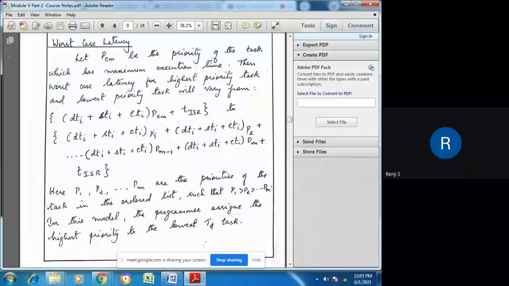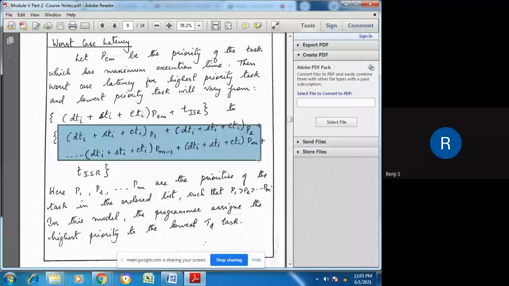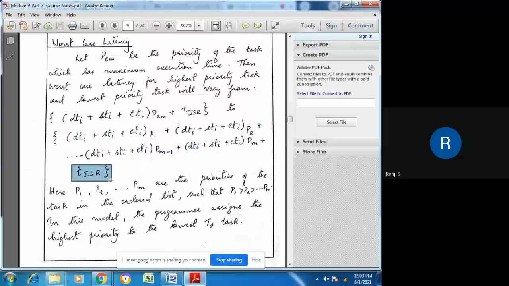This shows the priority of task 1, then the priority of task 2, etc., priority of task M minus 1, up to task M. So there are M tasks in the list. The total time of all the tasks gives T total, and T total plus T ISR is the worst case latency, T worst.